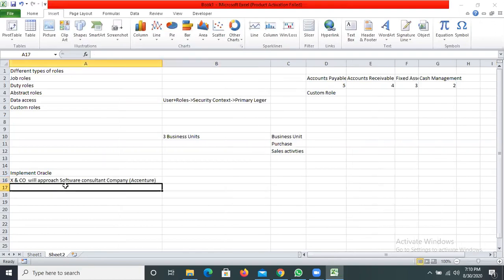What this company will do is have a negotiation with X and Co. Then, after agreeing on the price and finalizing everything, they will deploy